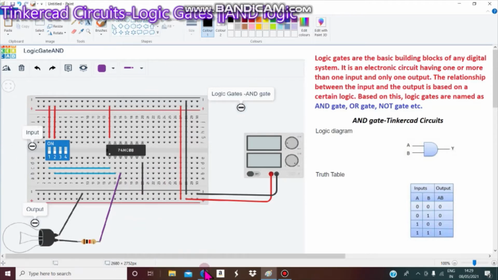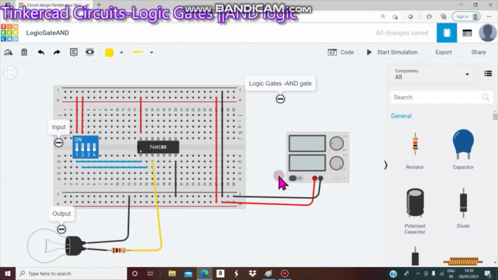Now let's go to Tinkercad. Now we are in Tinkercad. Let me explain about this circuit diagram. Then I will do this without seeing. Okay. Now the first step of this circuit design is,